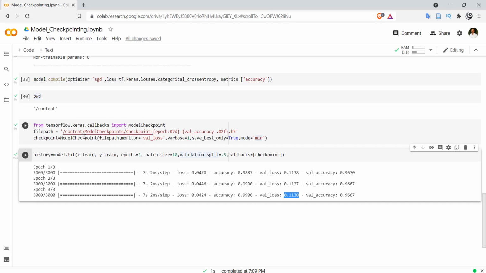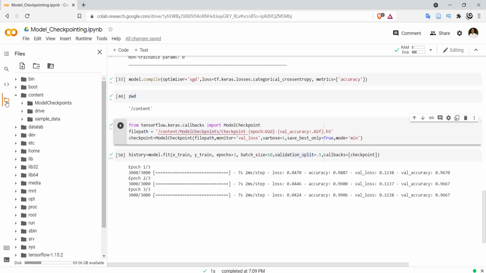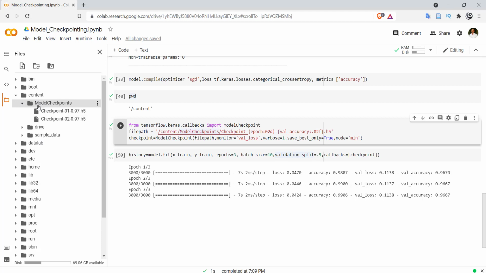Let's observe how many checkpoints we have in the model checkpoints folder. You can just expand this palette, visit the content folder, and inside it we have model checkpoints. Just expand this.